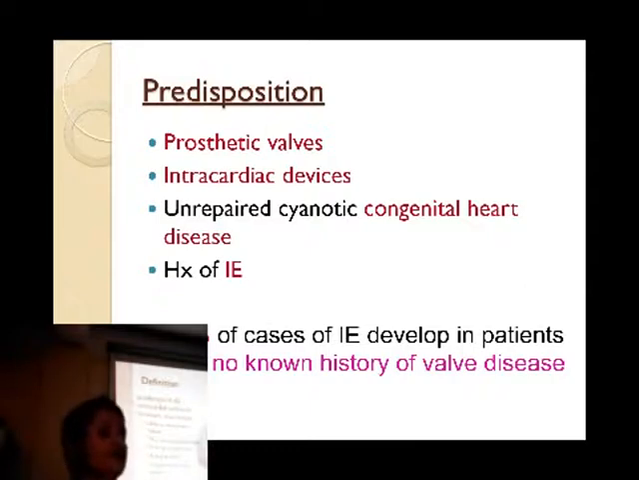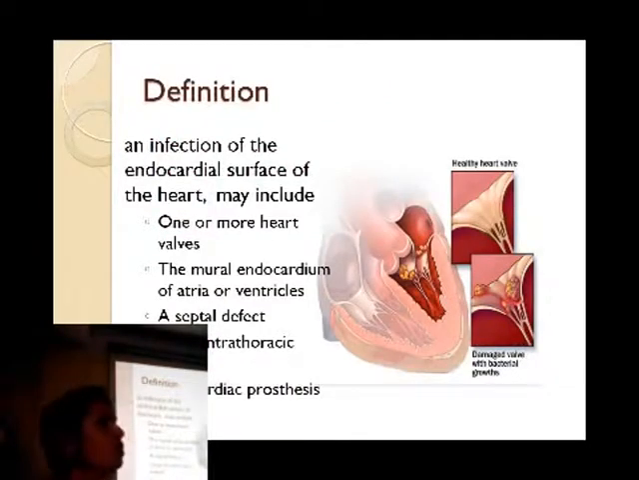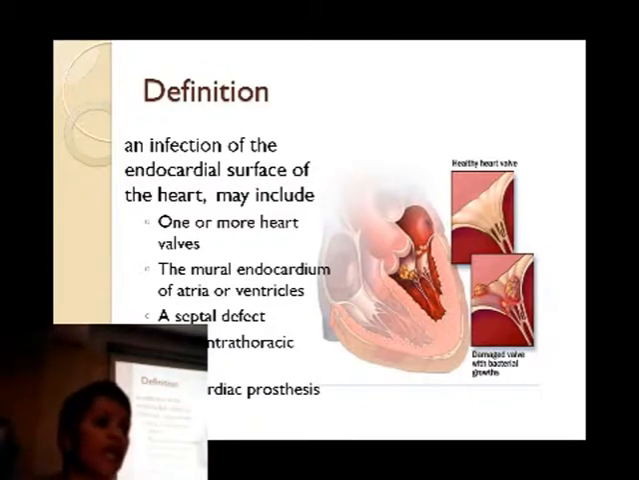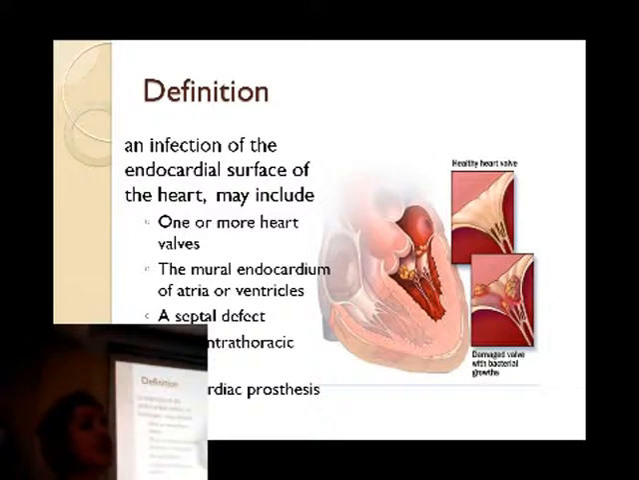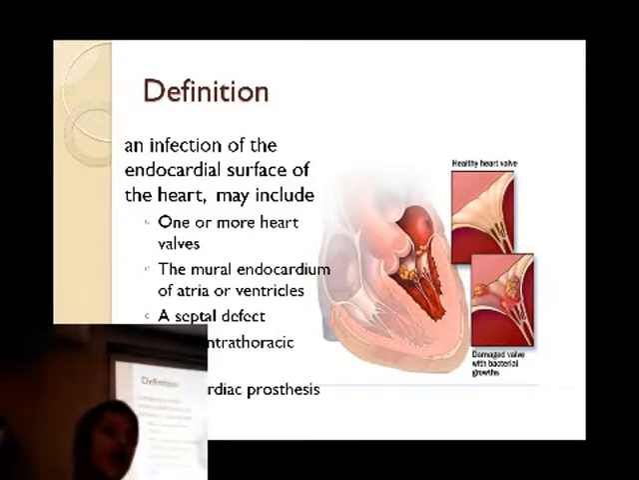The mural surface of the atria and ventricle, and any kind of septal defects can get affected, most commonly ventricular septal defect. Or also we can include large intrathoracic blood vessels such as the aortic root and any intracardiac prosthesis. So this includes any prosthetic valve which has been placed before, or any valve which has been repaired with prosthetic